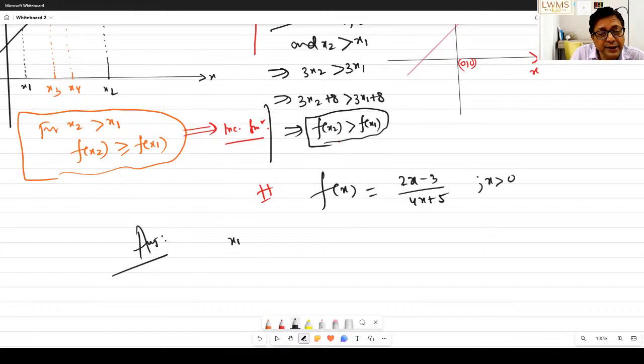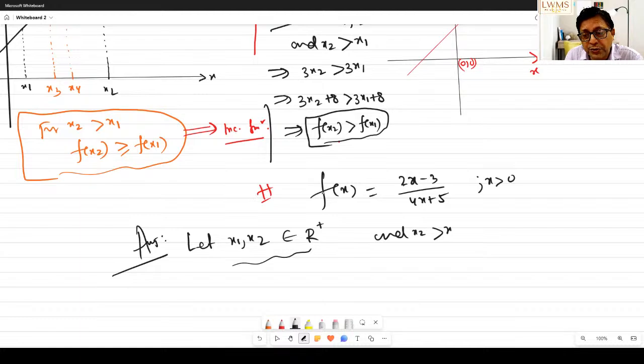We will assume that x1, x2 belong to R plus, because it is greater than 0. So x1, x2 belong to R plus and x2 greater than x1. Now from this one, proving like the previous sum may be a bit difficult. So what I am doing there, we are required to prove